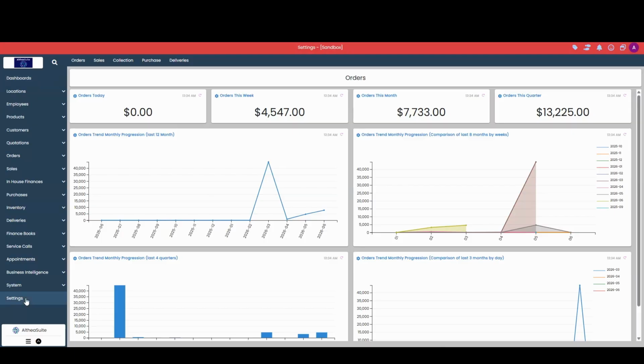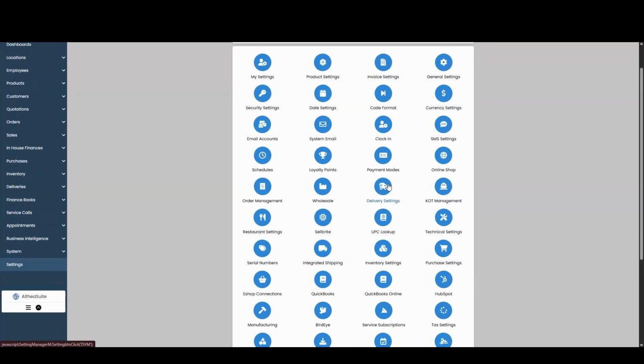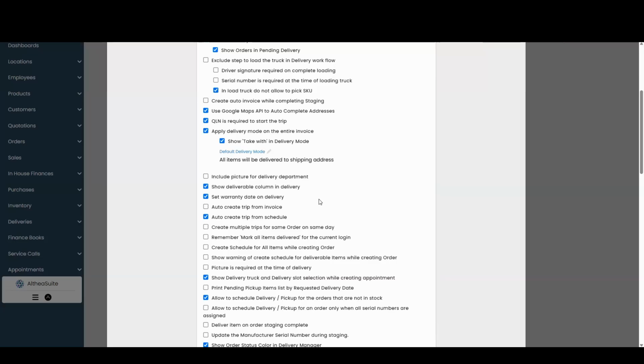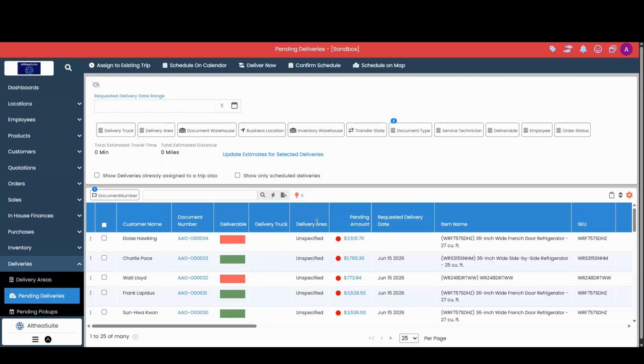If we look at our settings, go into our delivery settings. This is where our auto trip settings are. In this account, I only have the auto create trip from schedule. I use the order delivery workflow. I do not use the auto create trip from invoice, but if you do have that selected, a trip will get created as soon as the invoice is saved. If the auto create trip from schedule setting is turned on, a trip will get created once a schedule has